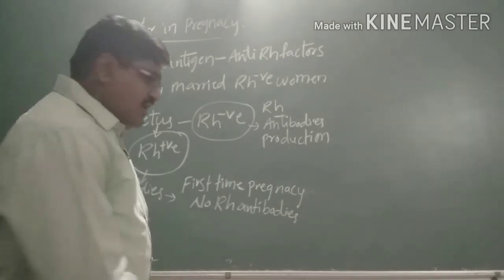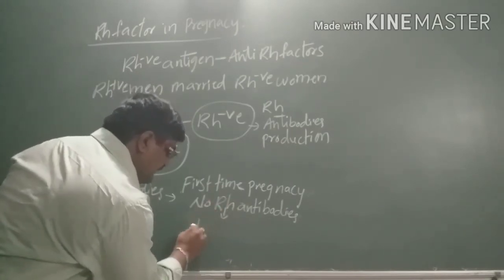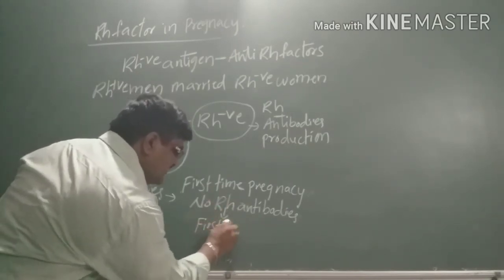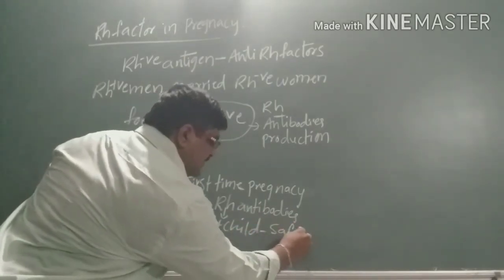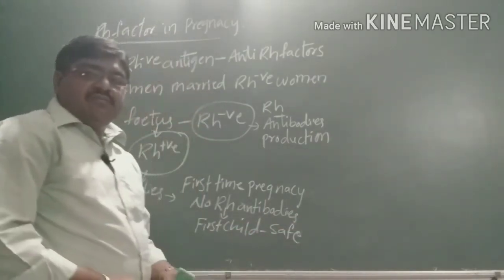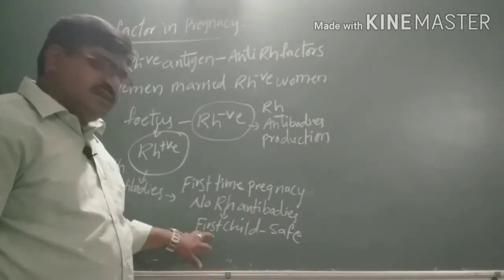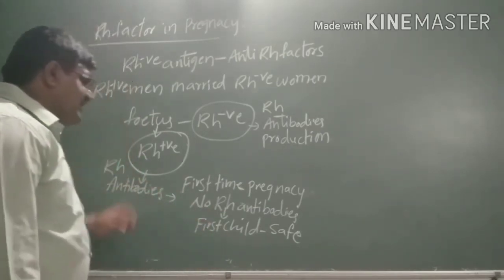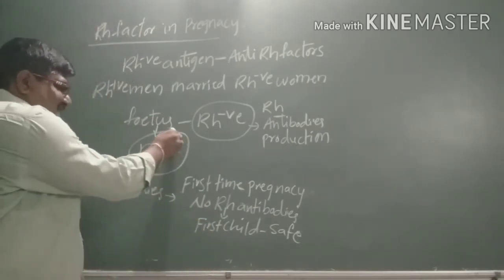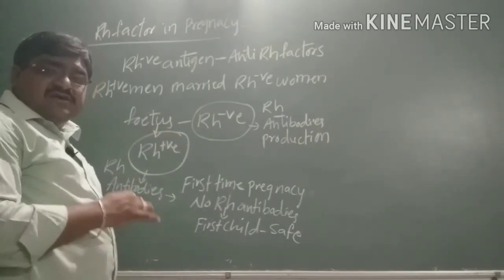So when they are synthesized, the first child will be safe, which means no harmful effect will take place. But if a second pregnancy takes place, with the mother RH negative and the fetus RH positive,